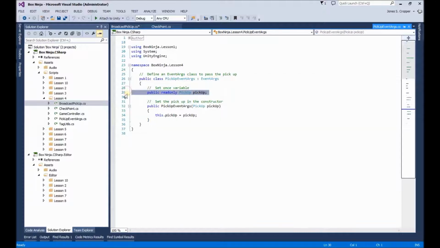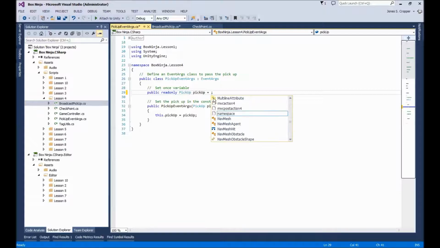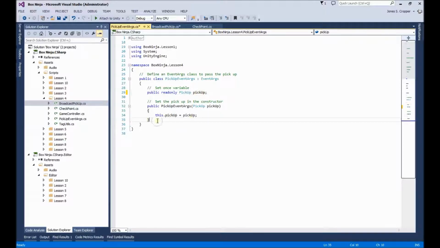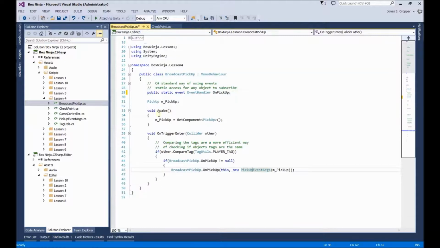So we declare static, read only, which has to be either set here or set in the constructor, so whenever this class is constructed. So then we're passing our pickup event args, which contains the pickup, to anyone subscribing to this event. Alright, so that's